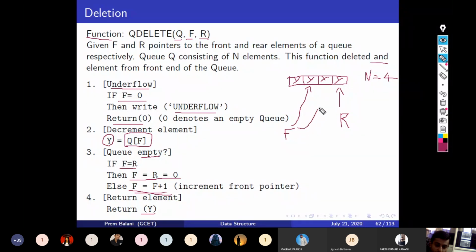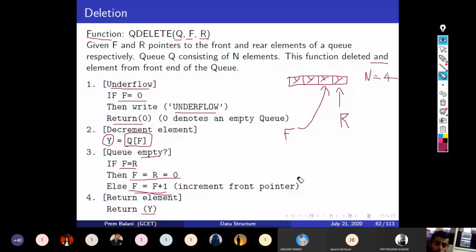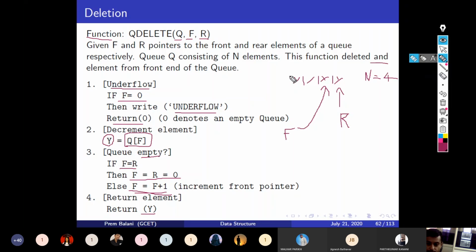So now my F pointer will be pointing to this location, and I have two elements remaining in the queue.